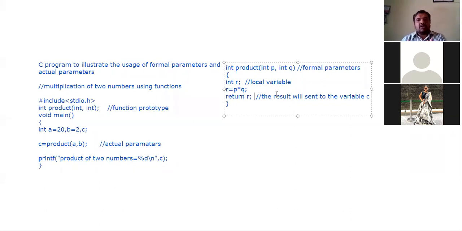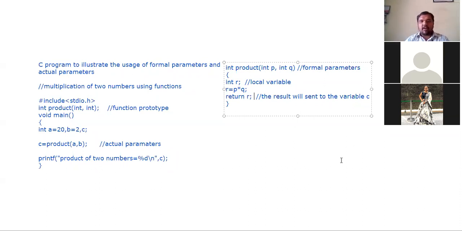The function will work smoothly and complete its execution successfully. So this is regarding the formal and actual parameters. One last program let us take up, the usage of global and local variables.